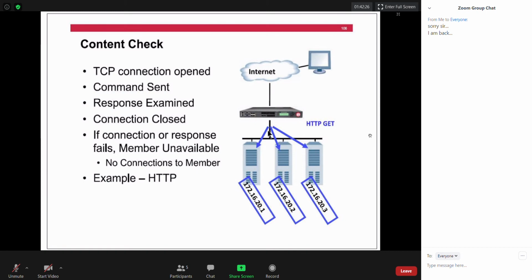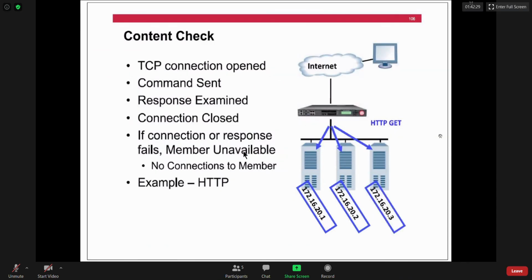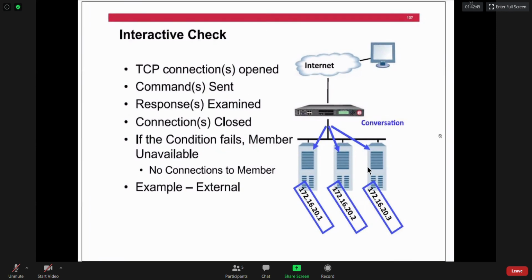If the information received in the response message matches the information that you provided during the creation of the monitor, then your content is available on your web server. If not, then this means content is down. So HTTP is the best example for that. Interactive check, as I said, is for FTP or SQL servers like that.